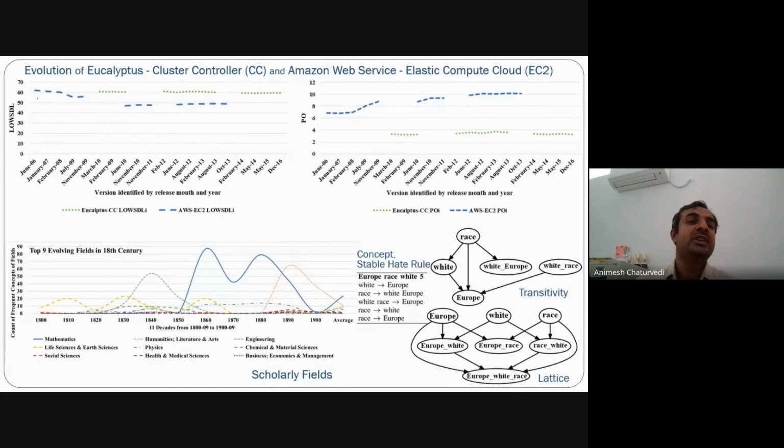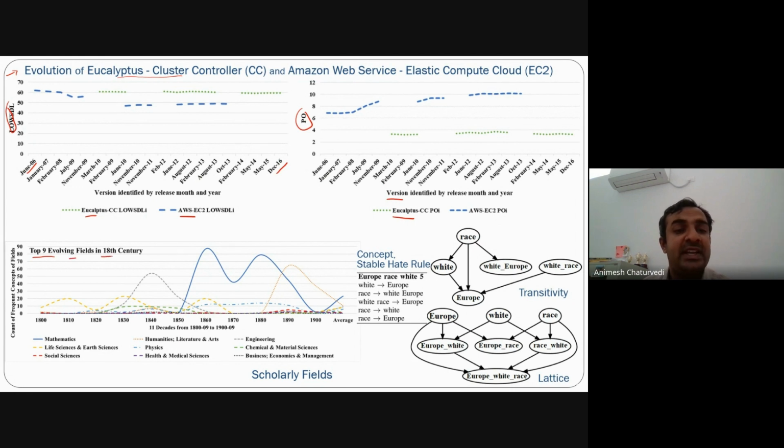So coming to the results for the web service slicing work, this is the evolution that was being done from June 2006 to December 2016 for Eucalyptus and Amazon. This was the parameter per operation, lines per web service descriptive language, WSDL. Then this top 9